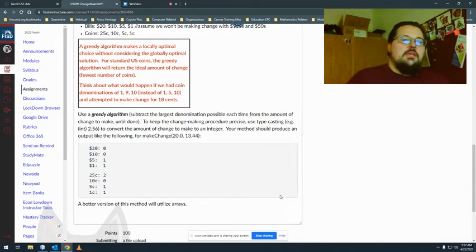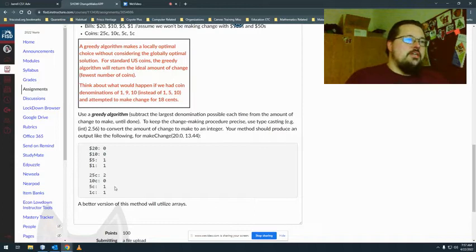Morning, guys. So this is going to be the code for ChangeMaker. Very similar to Roman numerals, very similar to the cash register problem we did back in the fall. You'll notice I did not give you a header this time for your method. I left it open-ended. It does tell you you have to use one. It gives us examples here and what the output will look like. We just list the denominations and then how many of them the cashier is supposed to grab in order to